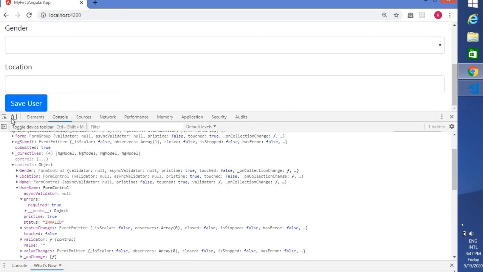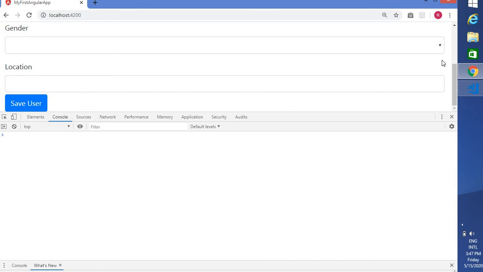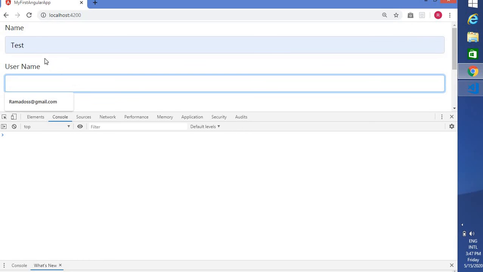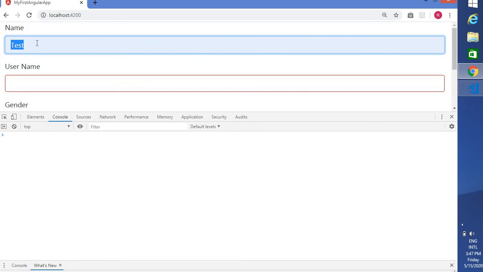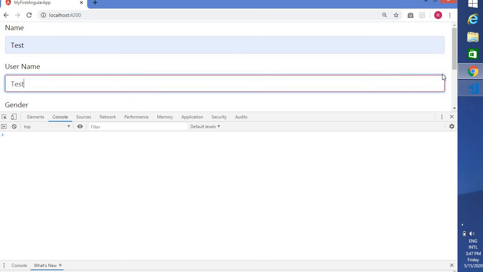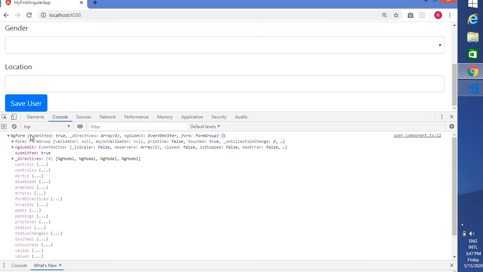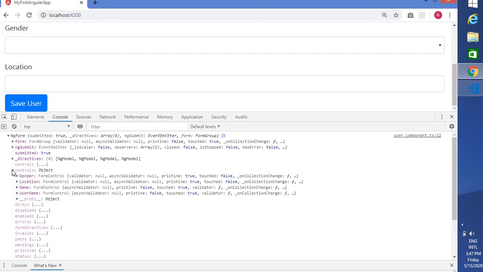Now let me clear this one, let me provide a value for this username as test only, not going to give a username. So now what happens: we provided the required field, still it is invalid because we given it as an email. Let me go to the ngForm again, let me expand the controls, let me go to username.